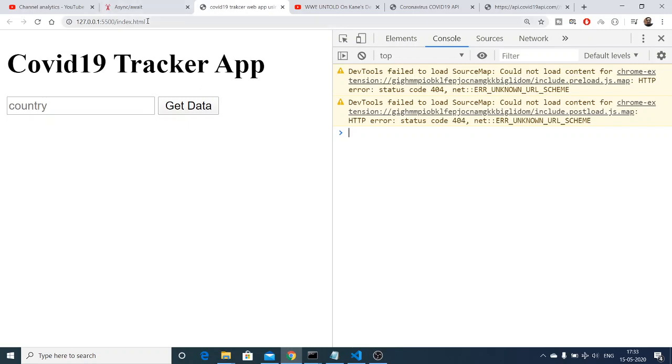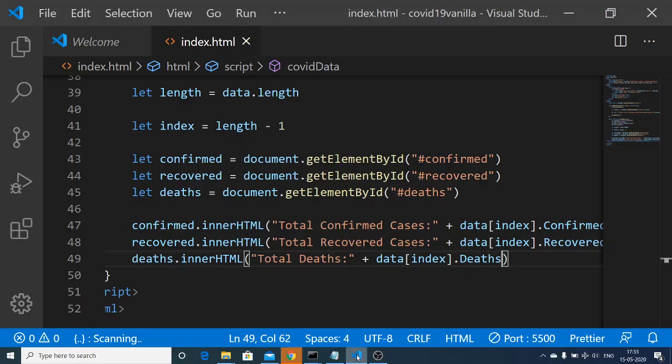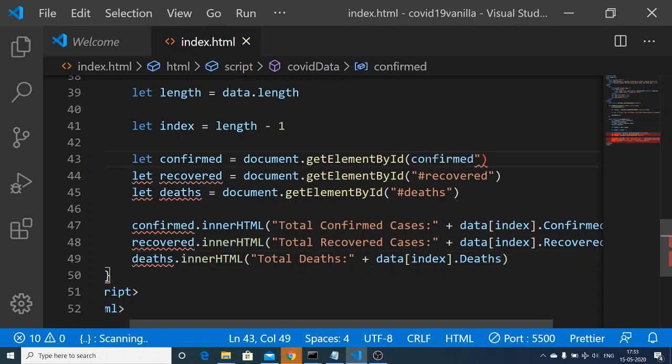If I just relaunch the application and input India here, click get data, you can see that cannot read property innerHTML of null. Oh, sorry, we did not want this hat symbol because we only need to provide the ID. So that was the mistake.